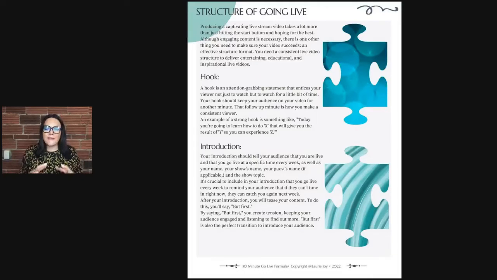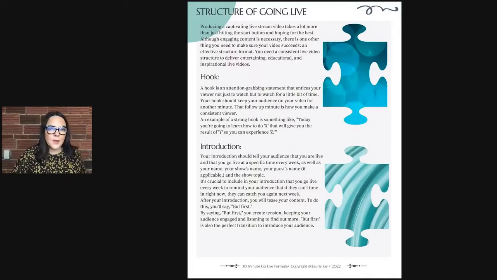And I want you to know that I feel wholeheartedly about that, because when you can go live and show up and show people that you can make time out of your busy day to deliver something of massive value, of which we are doing here today, this is what we need to see. This is what people want to see. I want people to see the person behind this brand. I want people to get to know me. I want to get to know you so that we can see if in some way, shape, or form in the future we might be a good fit to work together, or we may not. Either way, it's a beautiful thing.